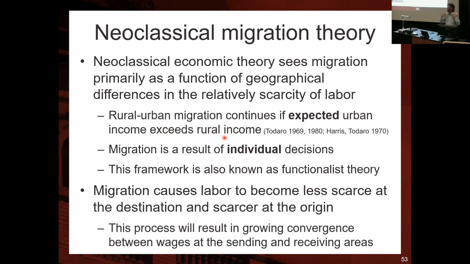But if people have expectations, the knowledge that they have about the area of destination, they have the expectation that they will have better earnings than in the areas that they live right now, they will tend to migrate from these rural to urban areas. So what he's emphasizing here is that migration is a result of individual decisions, and individuals,